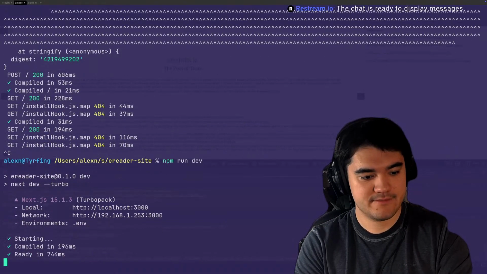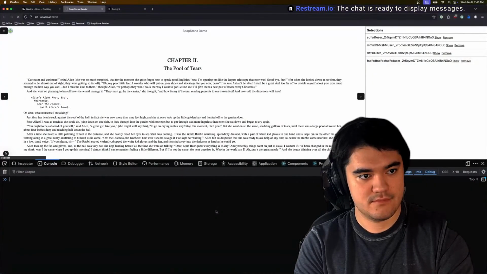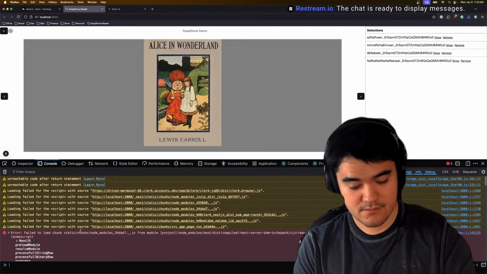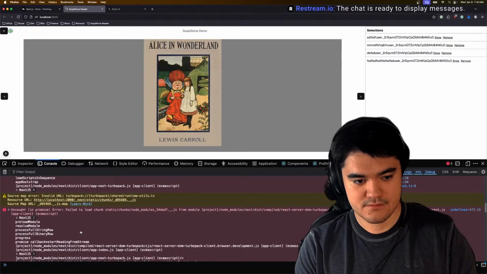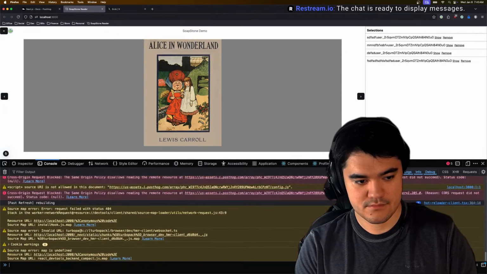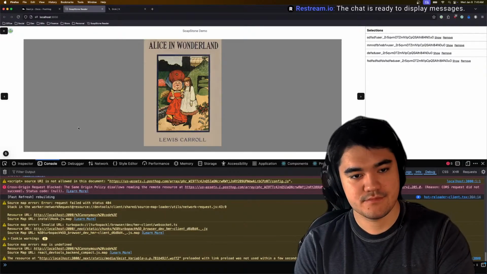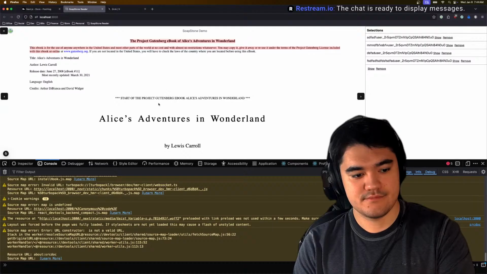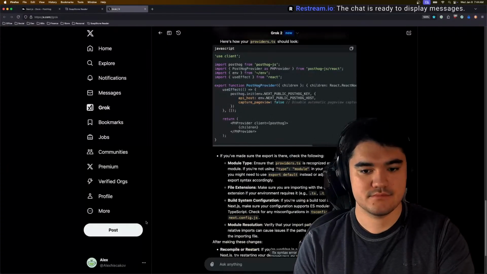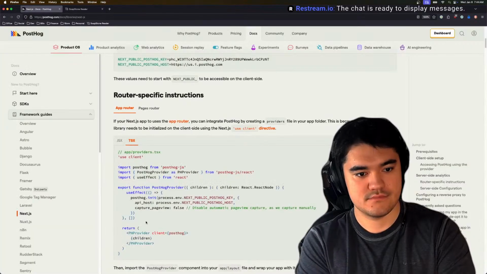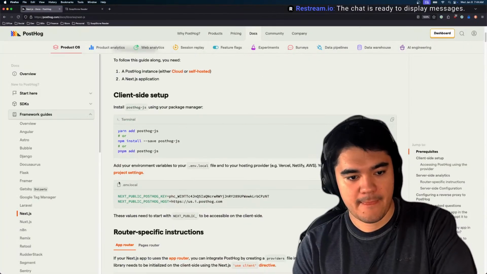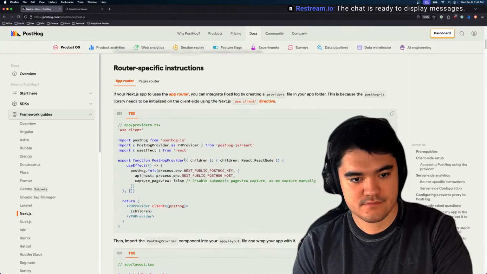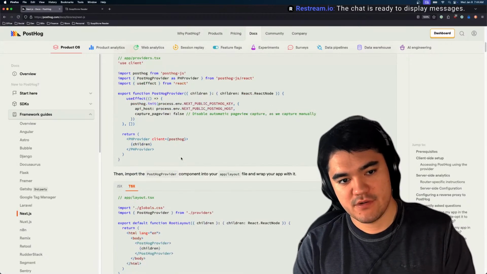Let's rerun that. Export function PostHogProvider.